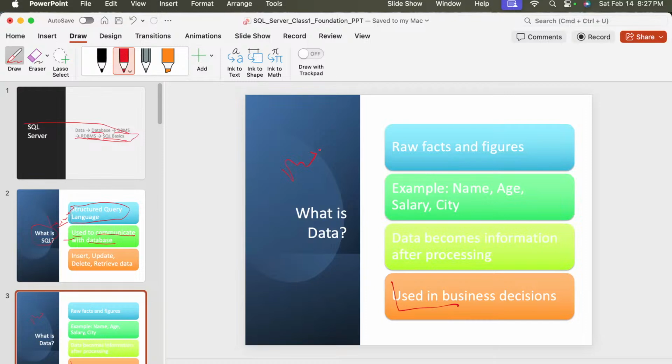To manage that data, we need to have some space where we are able to store those data. For that purpose, we are going to use a database, right? So every minute a huge amount of data is generated through social media, online shopping, banking, and mobile apps, and everything is going to generate data. So for those data we need to collect them somewhere. For that purpose we are going to use our database, right?